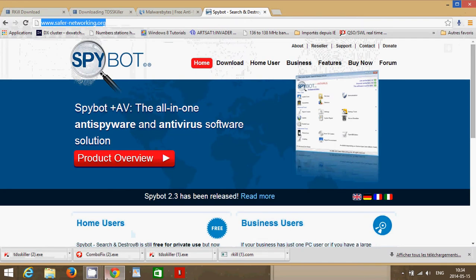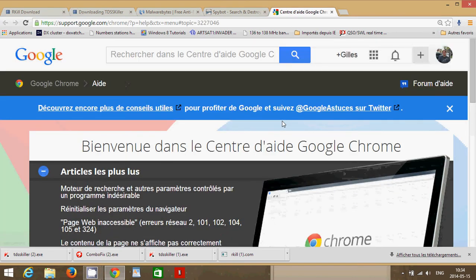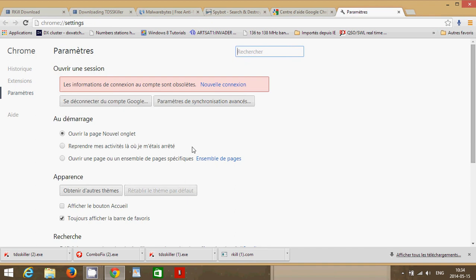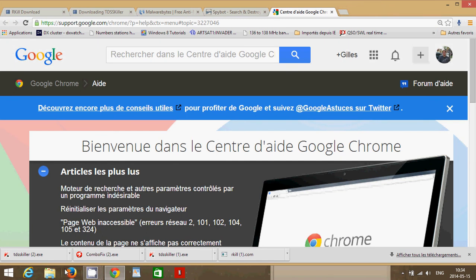This is very important. If you're using Chrome, there's also a spot to reset your Chrome browser. I think it's in the Help tab where you have a reset option available, but I don't remember exactly where. So find where you want to reset your browser here, and here we go. Oh, there's a Google update. Here we go. So you want to reset your browser if possible, and if you're in Firefox, you also have the possibility to reset your Firefox browser. Reset all the browser settings, and usually that will help a lot in the